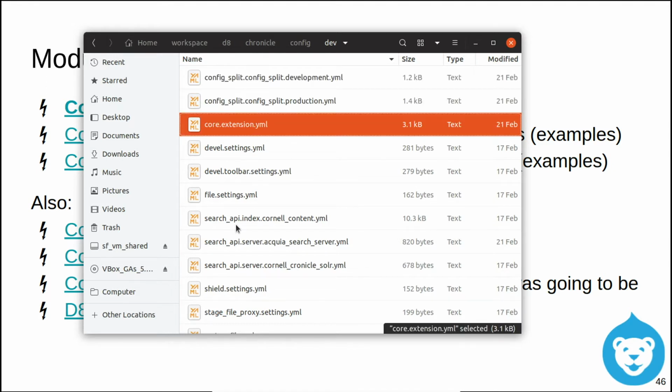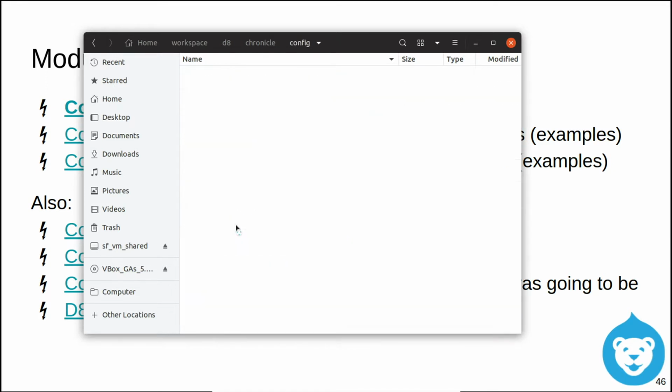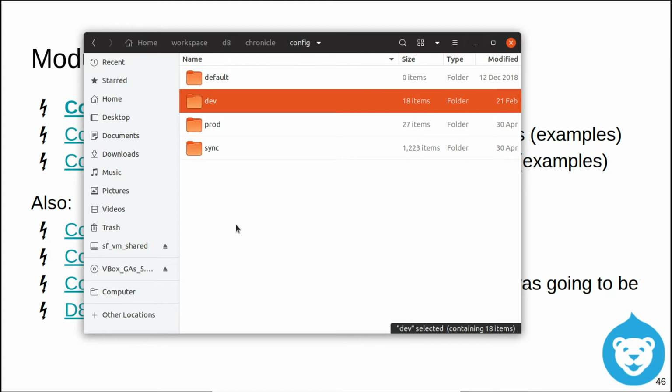Maybe certain modules are enabled in the development environment, not the live environment. Config split lets you do that. You really want to be careful how you set it up. It can get confusing, it can get hard to maintain, but it is super valuable if you need to have things different from environment to environment. You can use config ignore, but if you want it to still be version controlled and saved and safe, config split is a